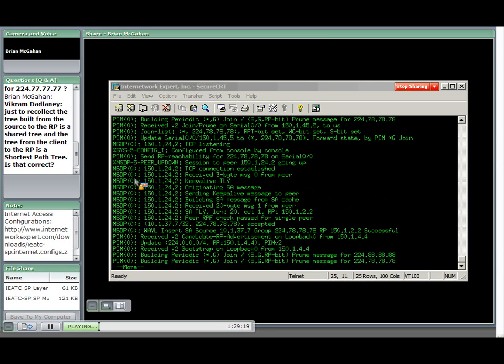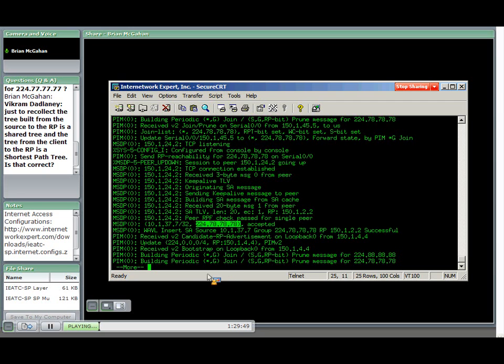Now we can see inside our MSDP debug, it says we received a source active message from router 2. Router 2 originated a source active message. It was telling us that router 2 knows about the source 10.1.37.7, sending to the group 224.78.78.78. Now since we have a star comma G entry for this, we want to build the multicast tree